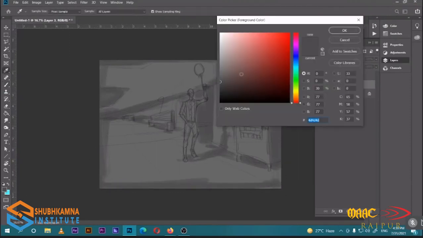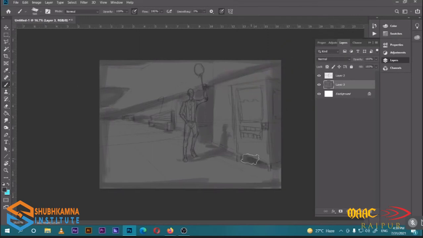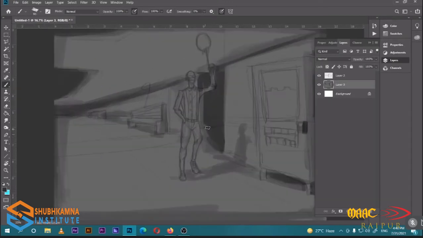Just an idea of it, and then we're gonna do the second layer of darkness. Put all the details over the characters as well.